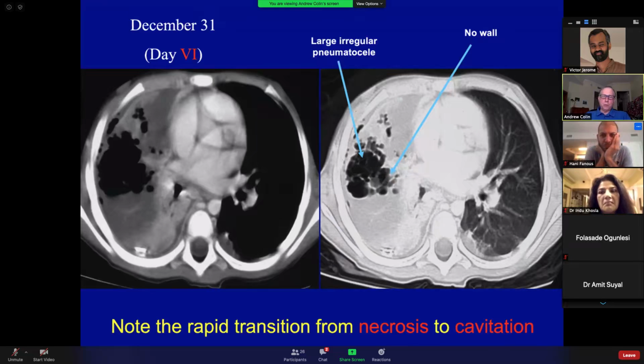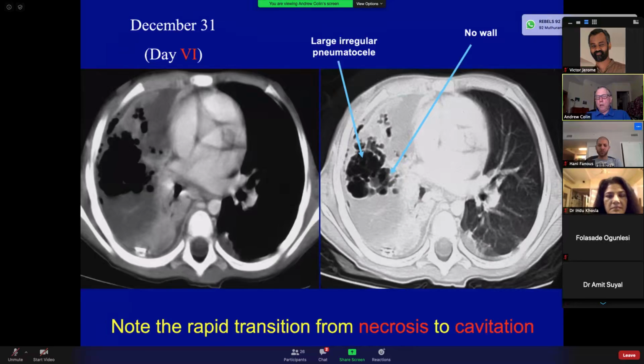So the rapid transition of this fluid-filled lung to becoming cavitatory 2 days later must mean that the fluid has migrated somewhere, and the only way that I can think of is that it would have drained into the bronchus. If it drains into the bronchus, then something must break for this area to drain into a bronchus. And my speculation in this paper is that this may actually be a thin membrane or a wall. If you had a bronchoscope that can look all the way to the wall of this abscess, you would actually be able to see it.